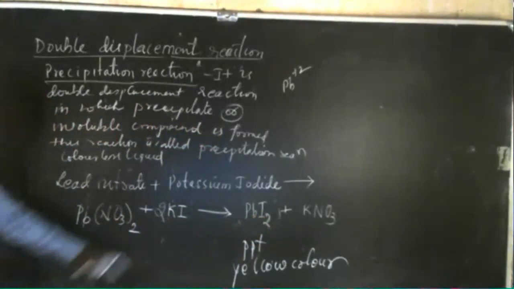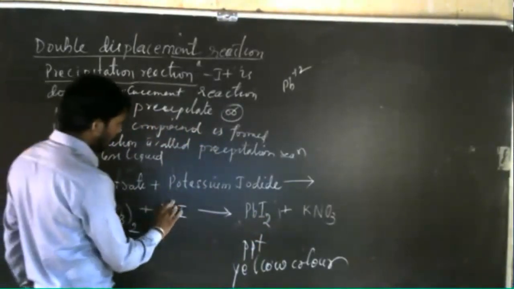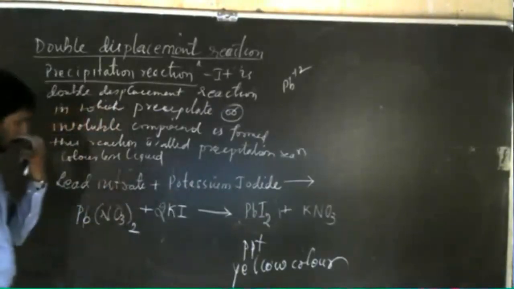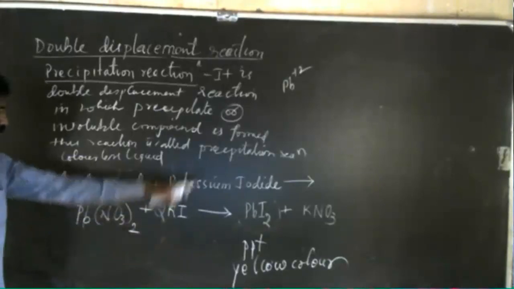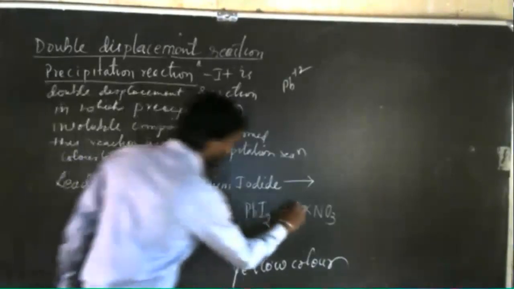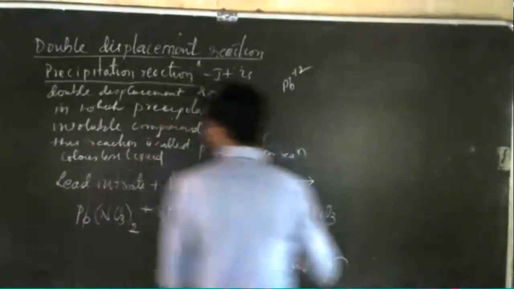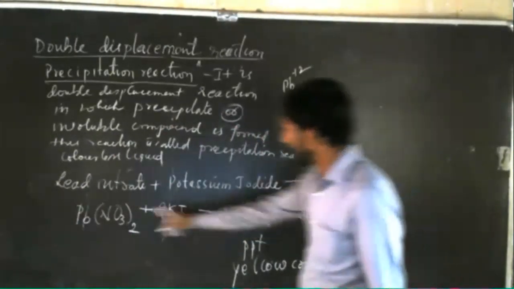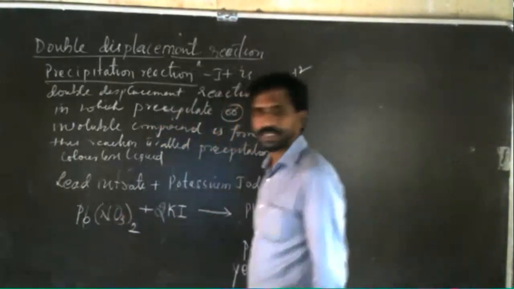So potassium. See here on the right hand side, I2 is there. Potassium iodide is 2 over here. So I multiply this side by 2. When I multiply potassium iodide by 2, potassium becomes 2 and iodine becomes 2. So iodine is balanced over there. Here potassium is 2 now, so there potassium is only 1. That's why I write 2 over here, multiply by 2. So potassium is balanced.